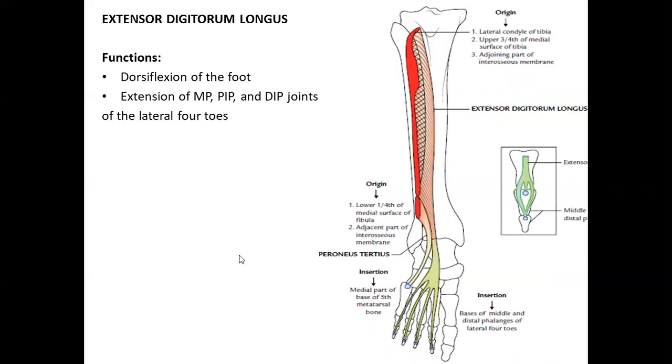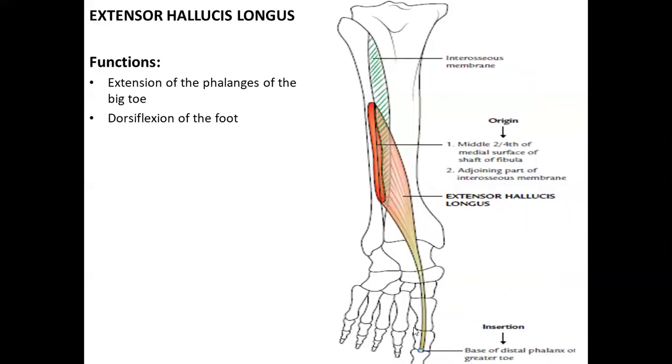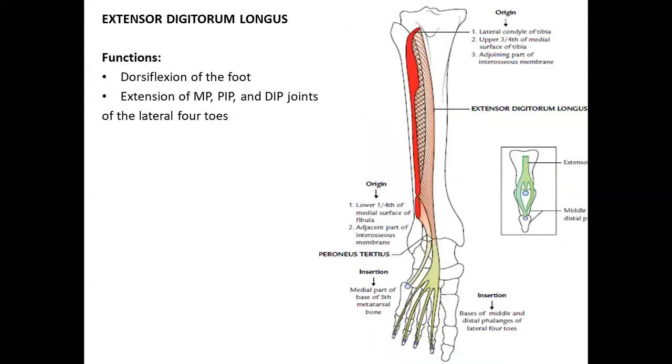Then talking about the extensor digitorum longus. जैसे कि ये मसल जा रहा था, ये base of the distal phalanx of great toe पे जा रहा था. For instance, हम लोगों ने we have seen in the upper limb. For the pollicis, we have a different muscle, right? The same way, here we have a different extensor for the hallucis and a different muscle that will go to the rest of these